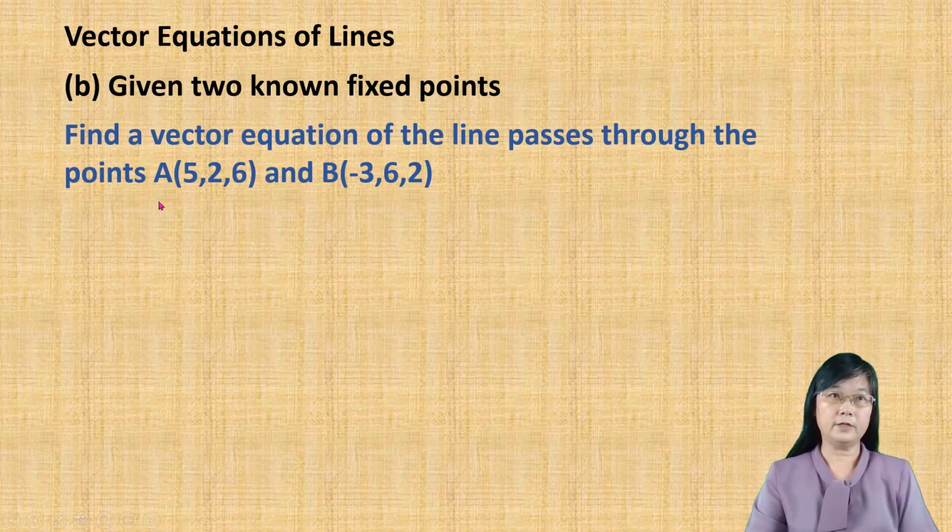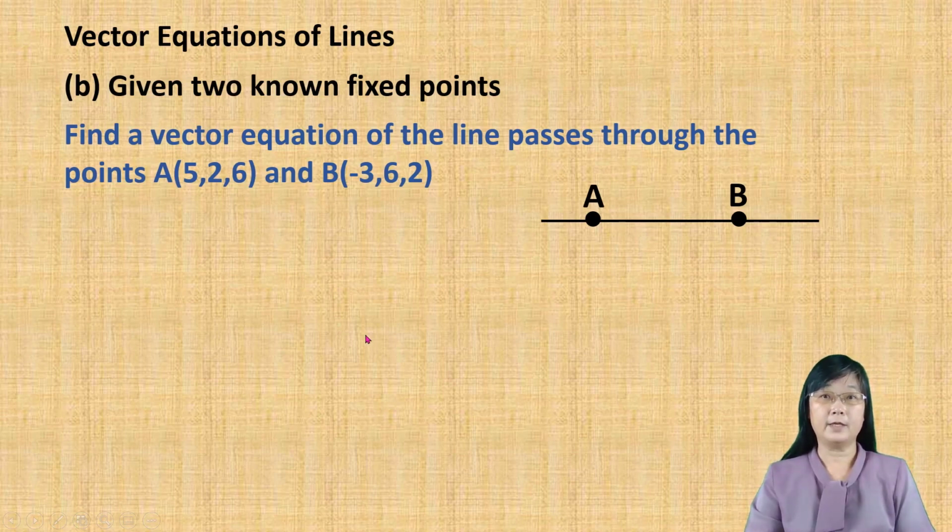So, we know that when writing the vector equation of a straight line, we need a fixed point where the straight line passes through. Now we have 2 points, so we can use either point A or point B. After that, we also need a direction vector which is parallel to the straight line. But from the question, we don't have such a direction vector. But we can calculate it, that is, we can use point A and point B to calculate the direction vector